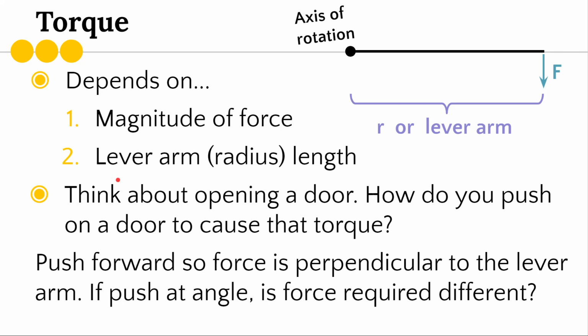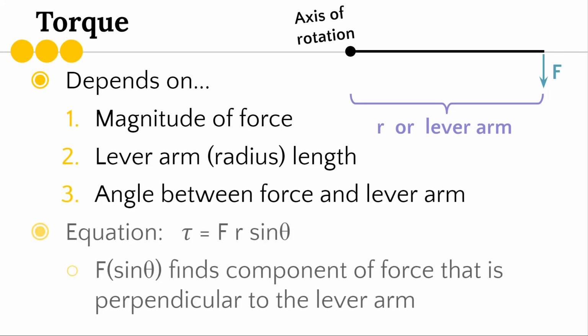When you're opening a door, if you're pushing like this door right here, you would push forward so that the force is perpendicular to that lever arm. If you were to push at an angle, I don't know why you would do that, but if you were trying to open the door and pushing at an angle, your force required is going to be different. So that's a third factor: the angle between the force and the lever arm. Typically, when we're opening a door, we are pushing perpendicular to the surface of the door, or perpendicular to that